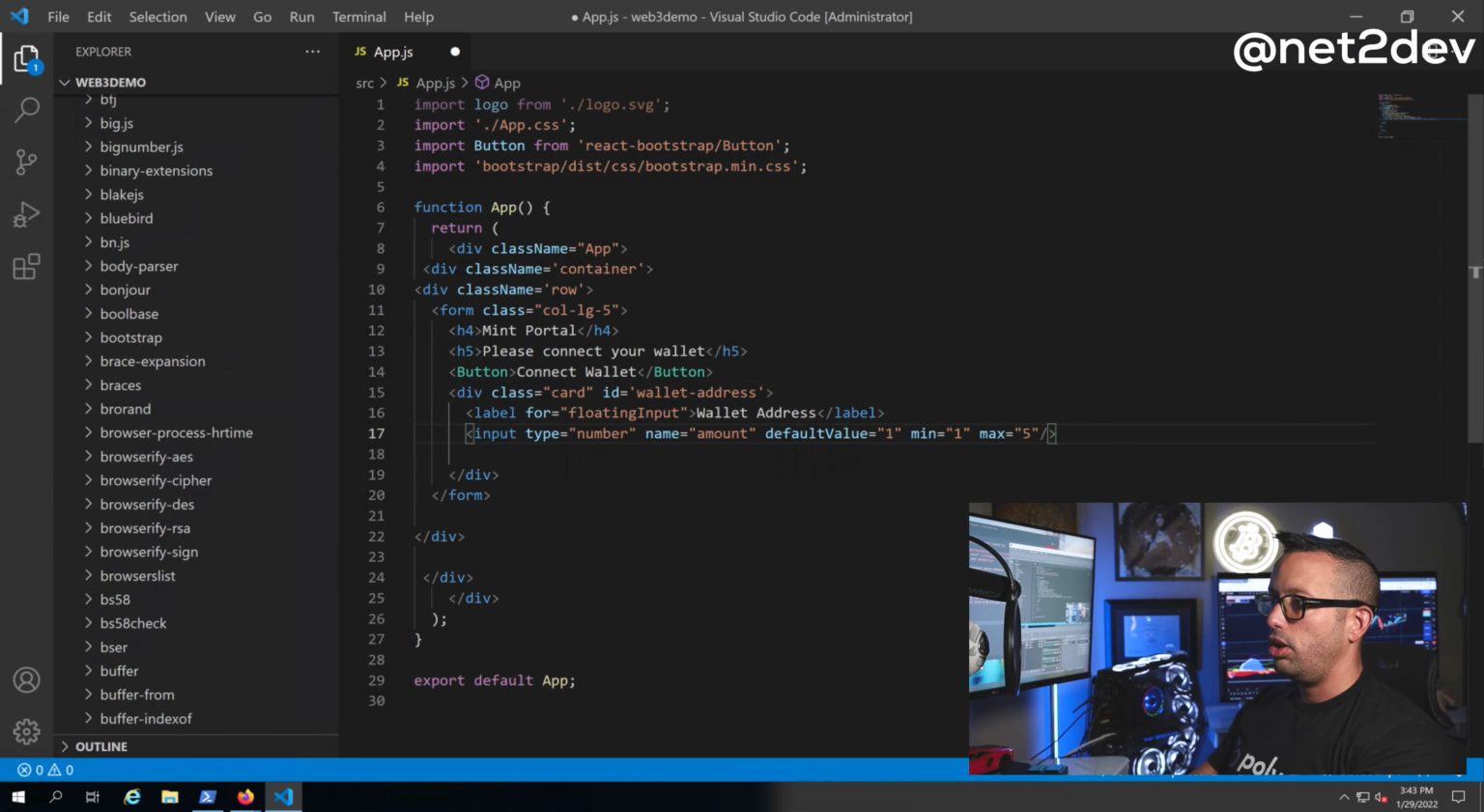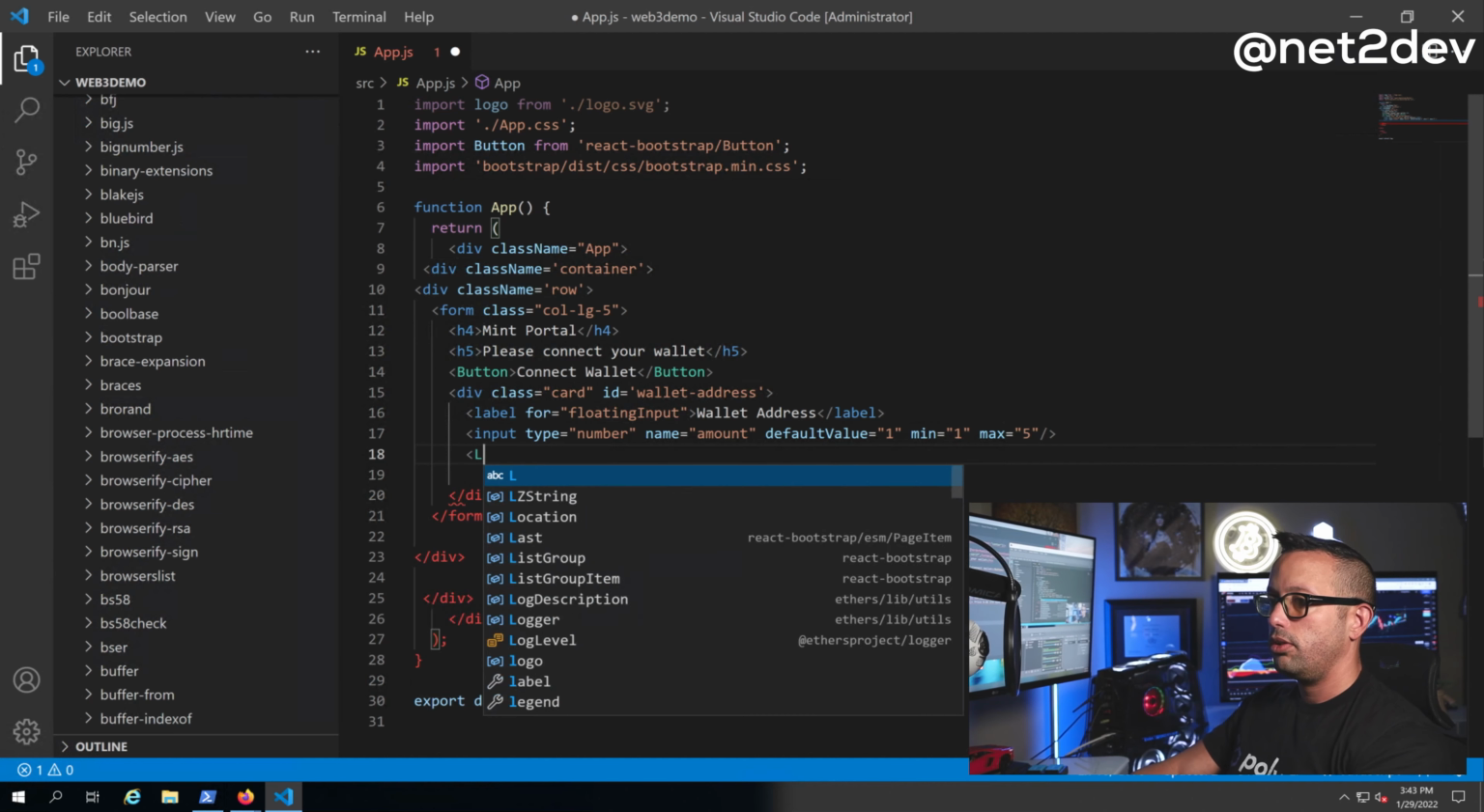I just need to close it using this slash. So I don't need to add anything inside the input. I just want to close it right away. Now label. Now let me do the following. Let's type label,